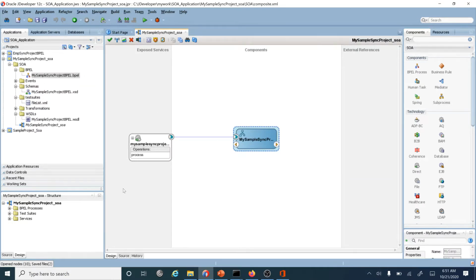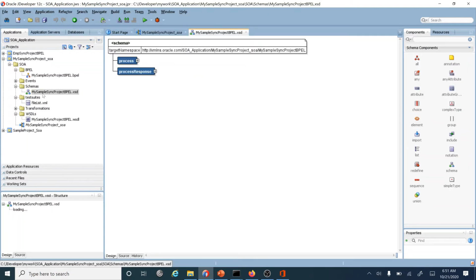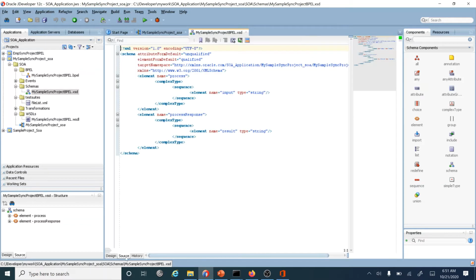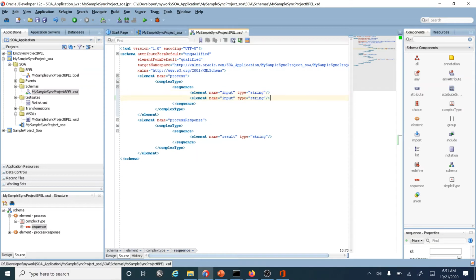So this is created. Now if you see under the schema folder, this schema is created. Let's see what is inside. By default it has been created, and here we have elements like input and output. I will add one more input element here and change the name.